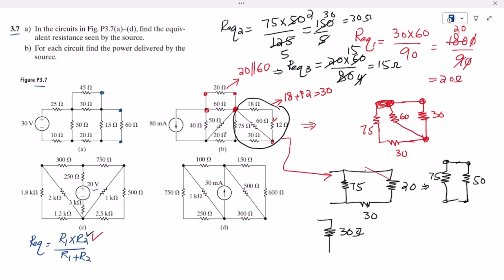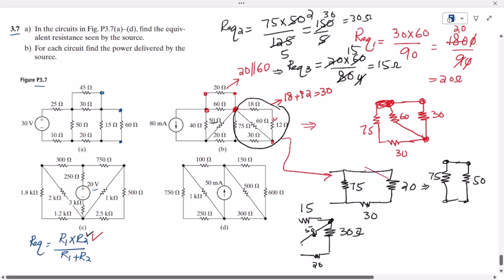Okay, so now this is 30, and with it we have this 15 ohm. With it the connected resistor is here, which is now 50 ohm. This is 50, and also the other resistor with it is 20. You can see that these are the resistors, and with it this